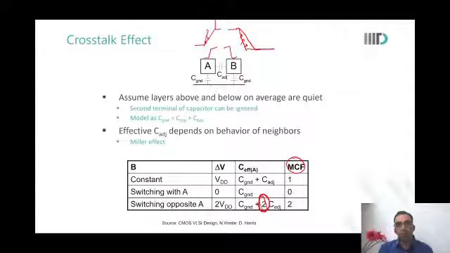Sir, can we say that breaking a large device into too many fingers can increase the crosstalk at the gate and source? No, because for a large device, breaking it into fingers, both A and B will always switch in parallel with each other. All these transistors that you've now made are parallel with each other. The gates are shorted, sources are shorted, drains are also shorted. So yes, this Miller capacitance will not bother you at that time.